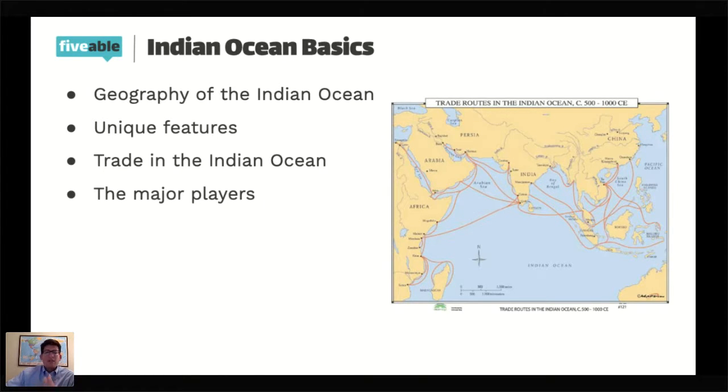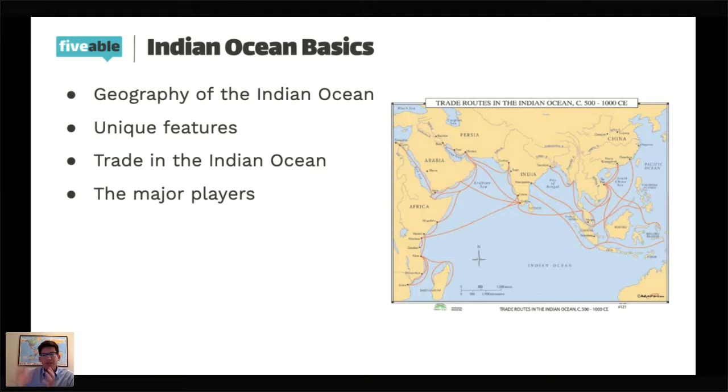These luxury items are typically traded, of course, to wealthier peoples. They're carried from their homelands, but they may not be traded directly with the people at the final destination. So, for example, China might trade with people in Southeast Asia, and then people in Southeast Asia might trade with people in India, and then those goods might make it from India to Arabia, and those goods might make it from Arabia to the Swahili coast, and the Swahili coast might trade ivory or gold or slaves or maybe even exotic animals, as they did at one time. And those might go directly to India, right?